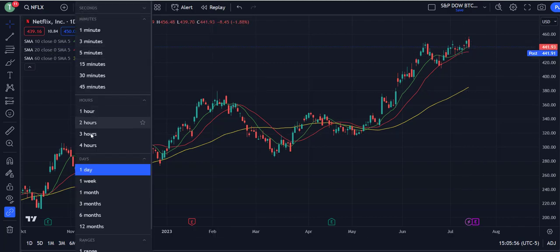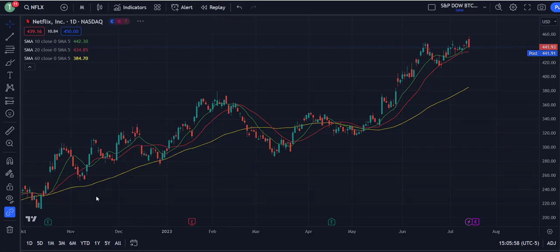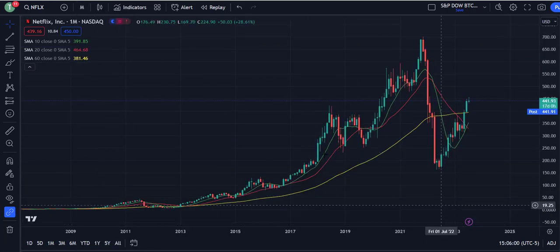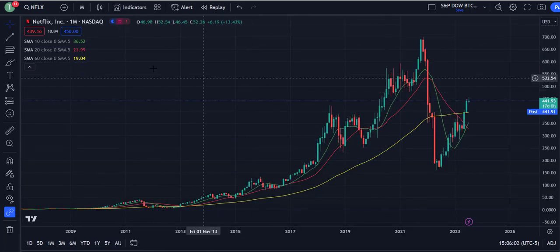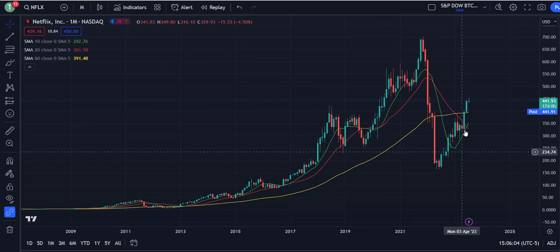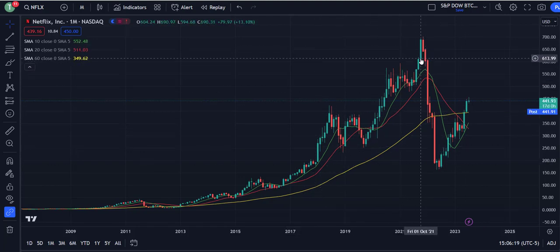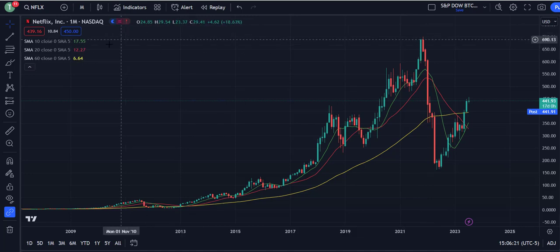Let's play with time a little bit. Once again, I mentioned things being relative. So on a monthly basis, I changed this to monthly rather than daily. You see that we just had a crossover of the 10 and the 20. So there's a crossover between the 10-month and the 20-month. But still the 60 is above, and that's because of this huge upswing that it had going into